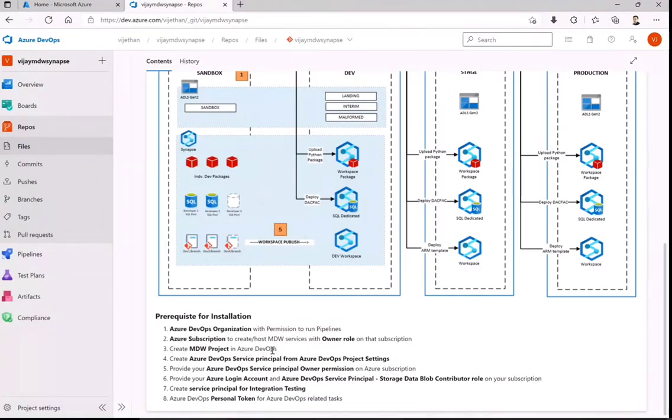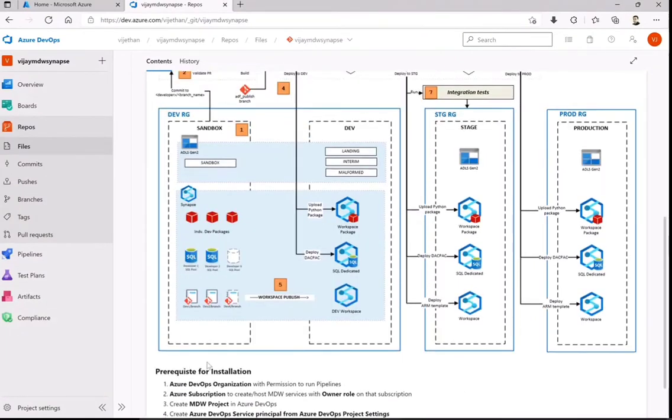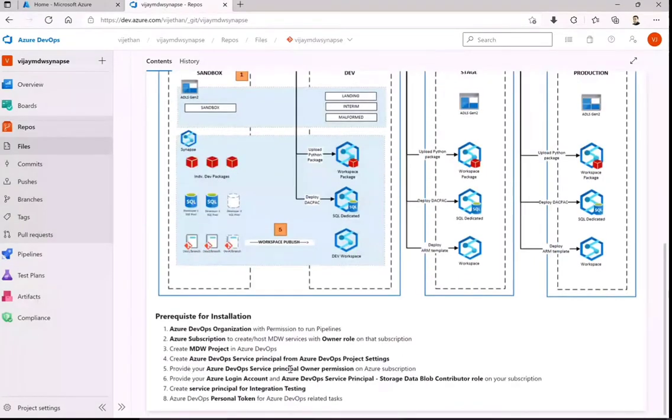So you will create that project and clone the repository, which I will provide you for a reusable artifact. Also, as we are implementing this as an automation environment, we need some service principal which has rights equivalent to my account, so that it can run without my dependency at any point of time.